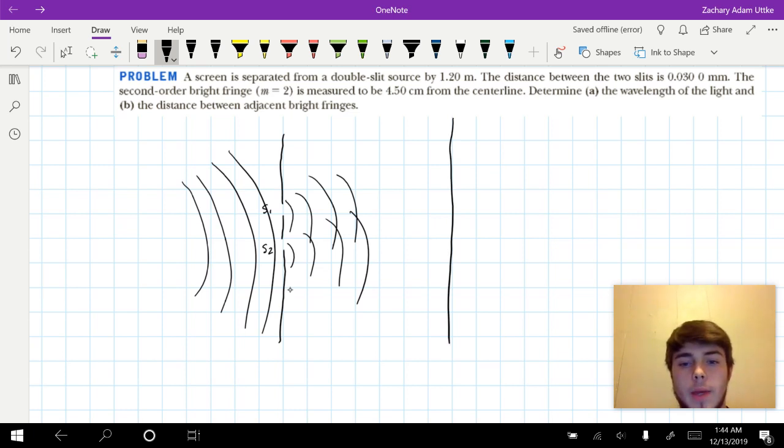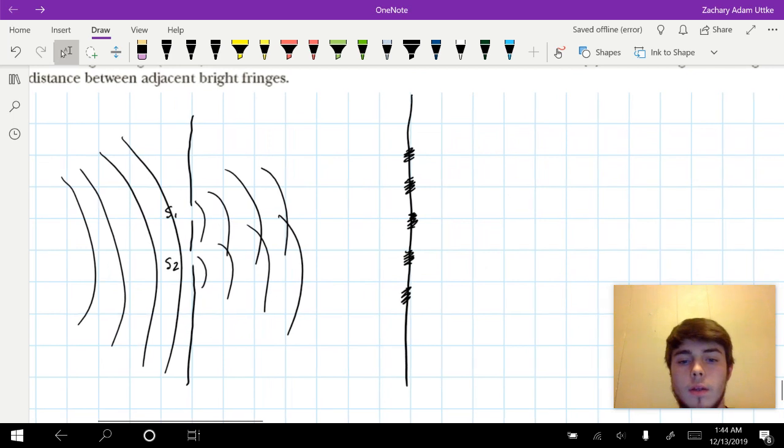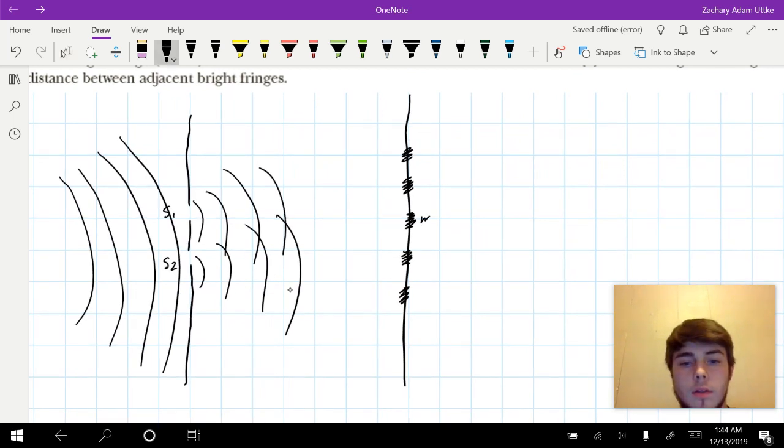And eventually, when there's a screen located very far away from the slits, you will see this pattern happening right here. And this is important: this pattern is of equally distant fringes. So the distance from here to here is what we call y,